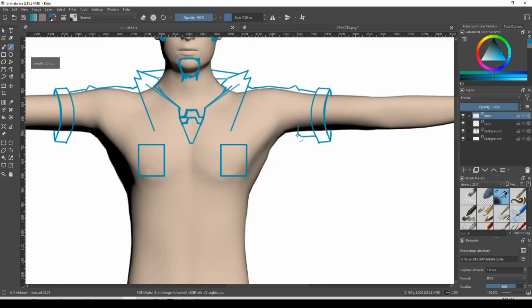Give it a little area here. Let's make this a little closer in here. There we go. All right, and then